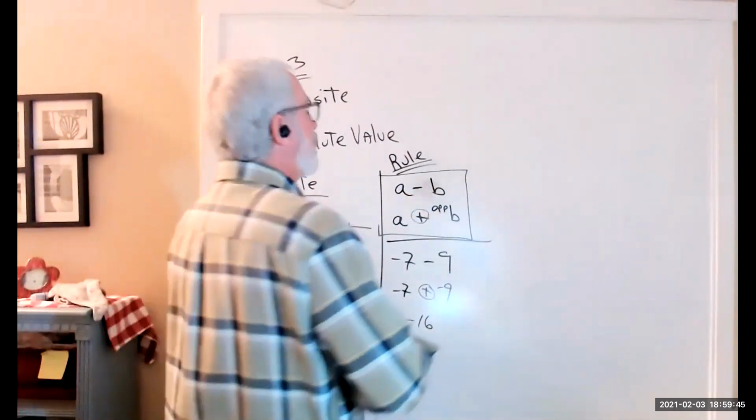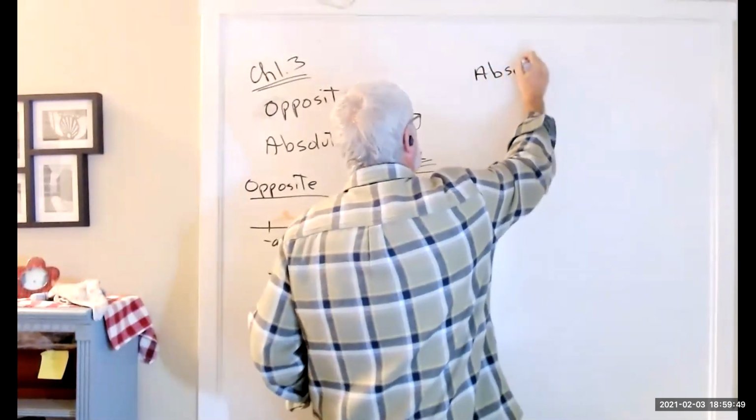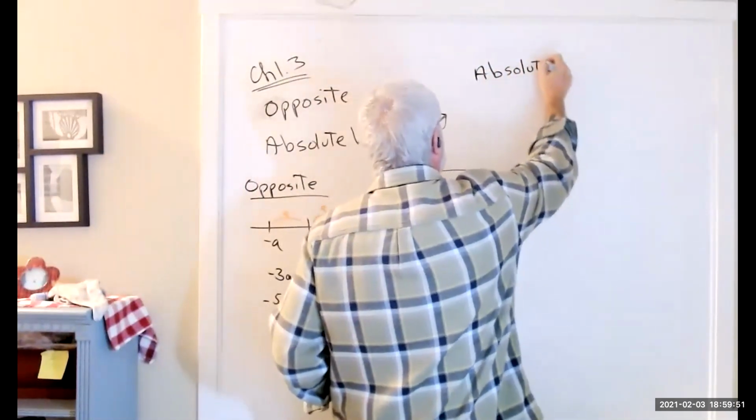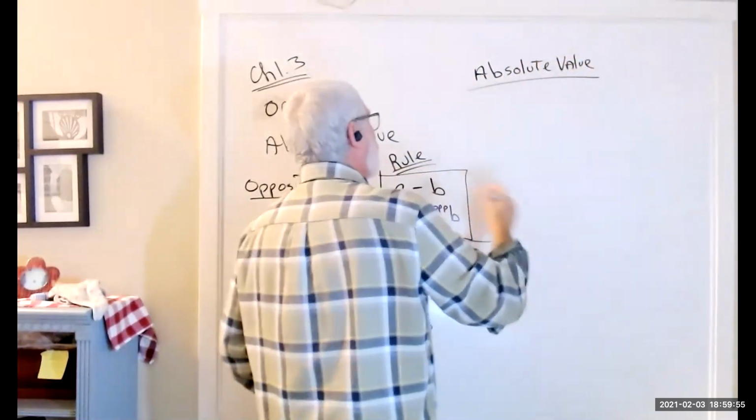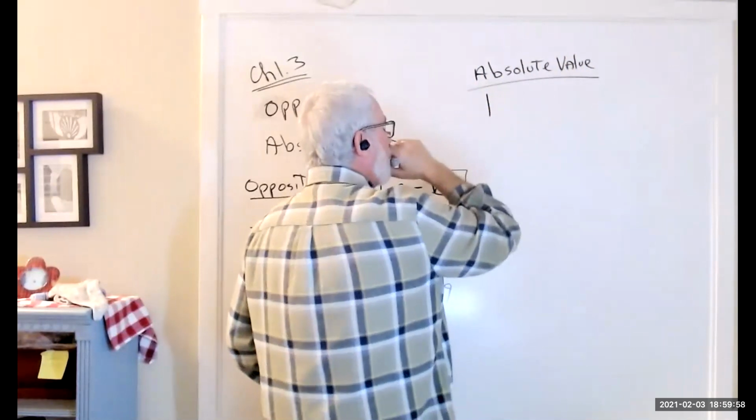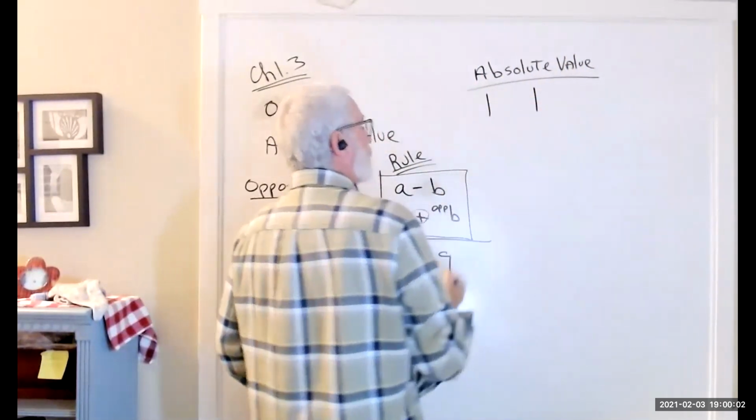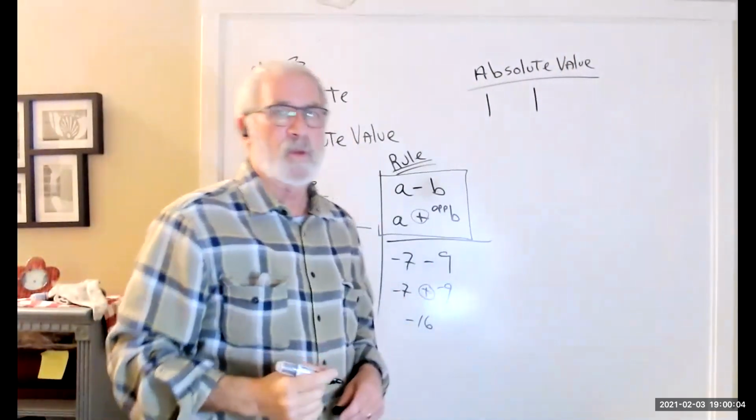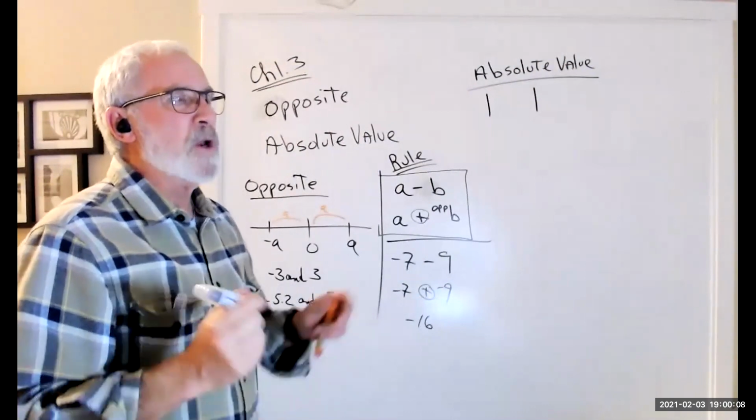Now, the next concept is absolute value. Absolute value is denoted by two bars, straight up and down bars. This is going to be a reoccurring,